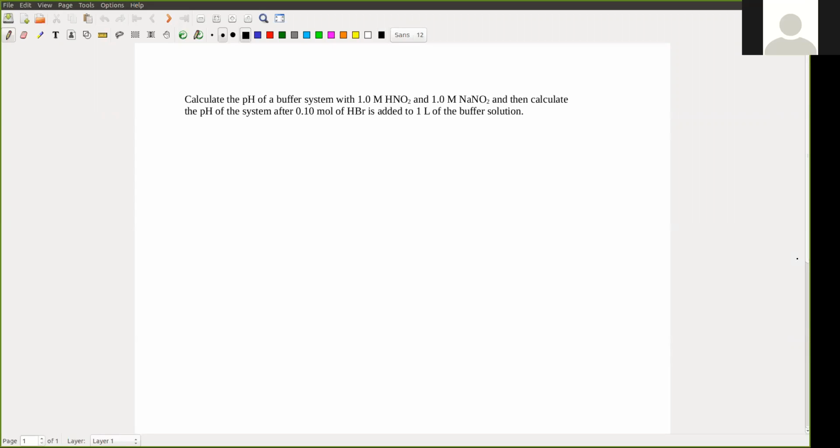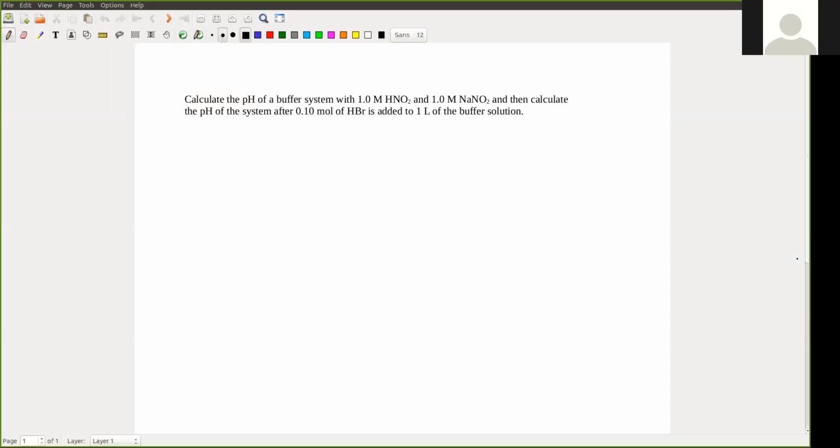Today we're looking at the effect of a buffer system, and how, when you add acid or base to the buffer system, it changes the pH. The whole point of a buffer system is that it keeps the pH relatively constant, or very close to constant. So in this particular example, we are looking at nitrous acid and sodium nitrite